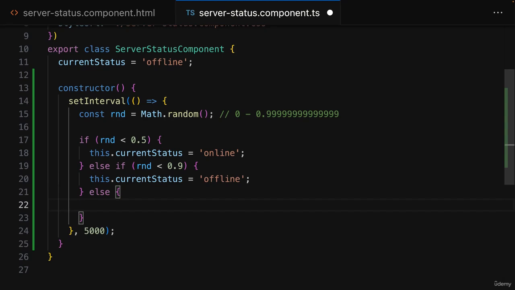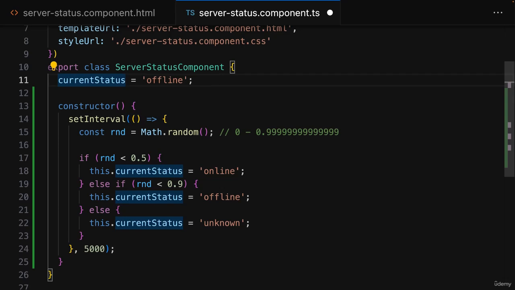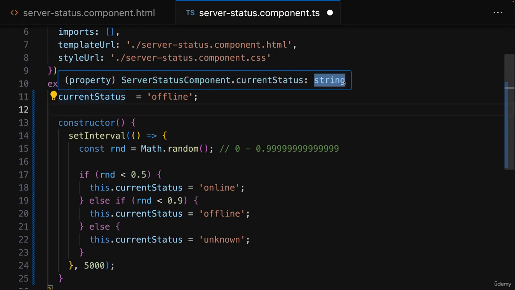And in the remaining 10% of cases, I want to set current status to unknown. Now, one thing you might want to consider doing here when working with hard-coded values like this is set up a type that only accepts these kinds of values. And you can do this in TypeScript by explicitly assigning a type to current status, which will disable its inference for this property,